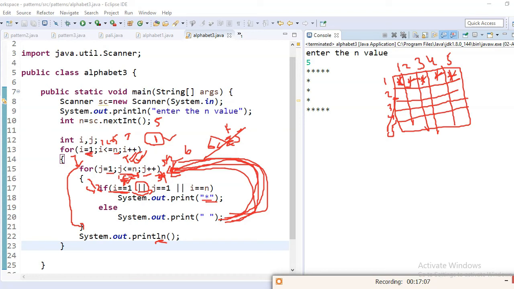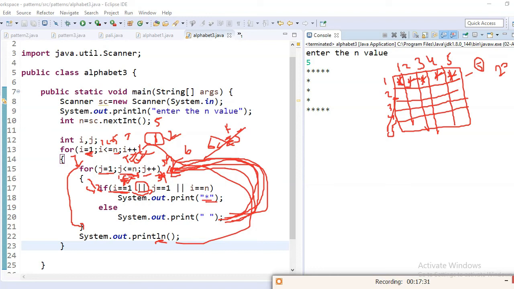Now the compiler will go again to the loop. Before that, I value how much? 1. Now I value is incremented by 1, so now I value is 2. If you observe here, 5 rounds will be completed, remaining 20 is there, right? So now j equal to 1, and again it will start at the 1 value.